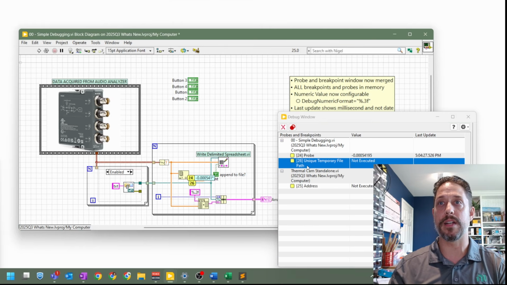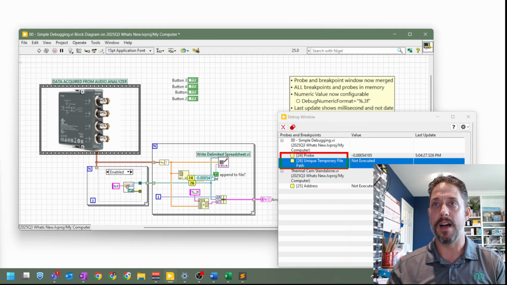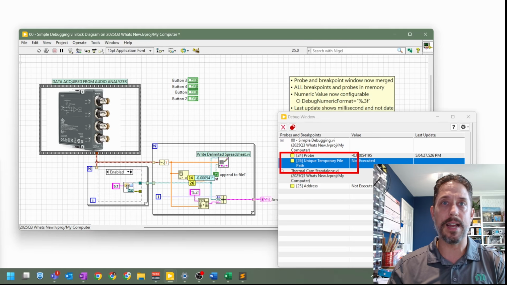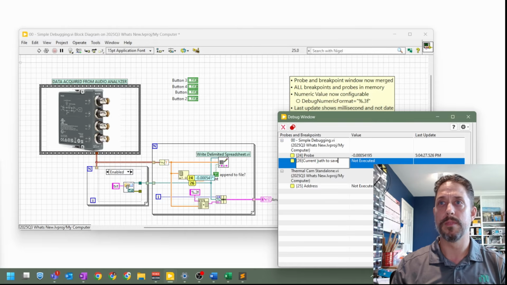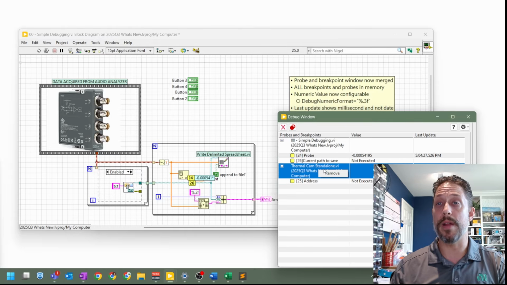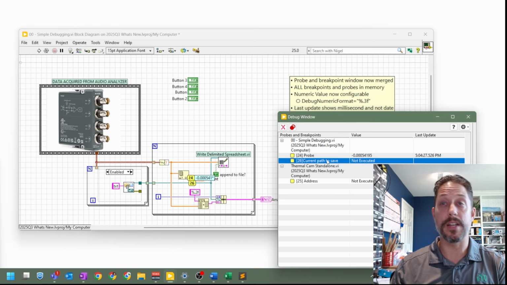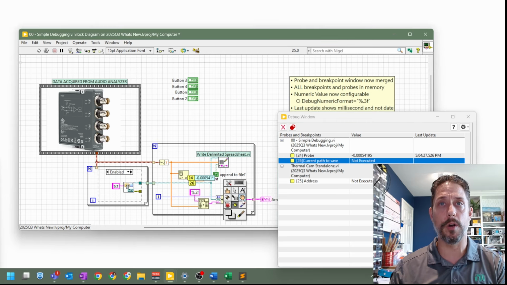So let me go ahead and click that there, and you can see that it calls it a unique temporary file path. And that's not what I really want. I just kind of want to have it named current path to save. So now we have the ability to go ahead and change the name not only of probes, but even